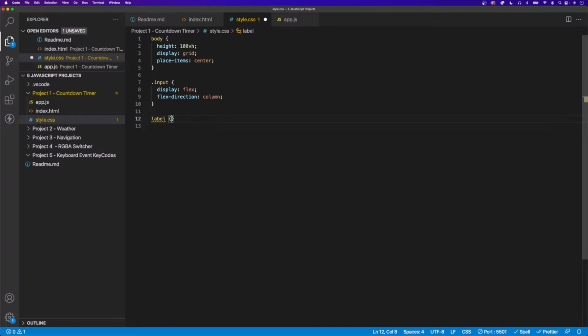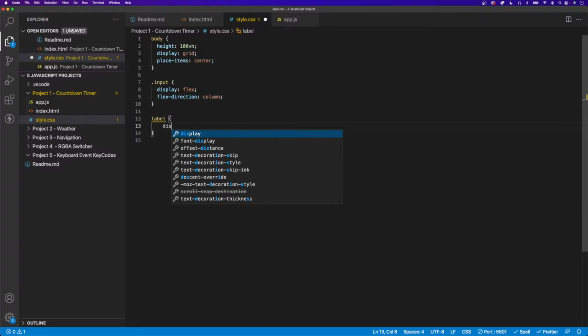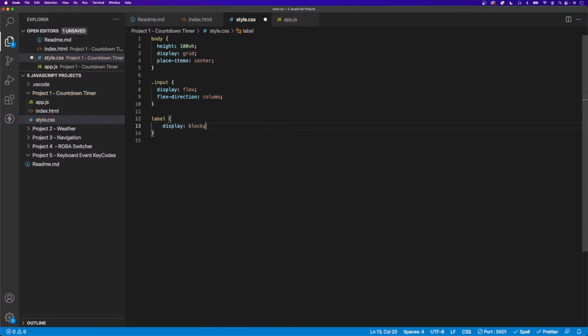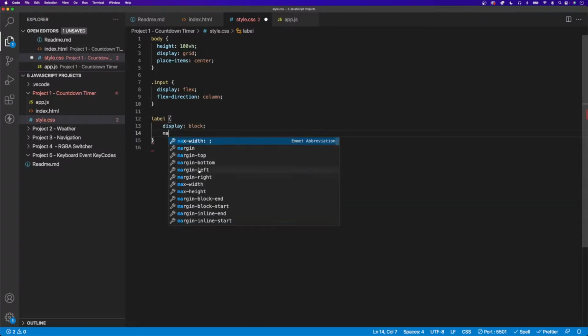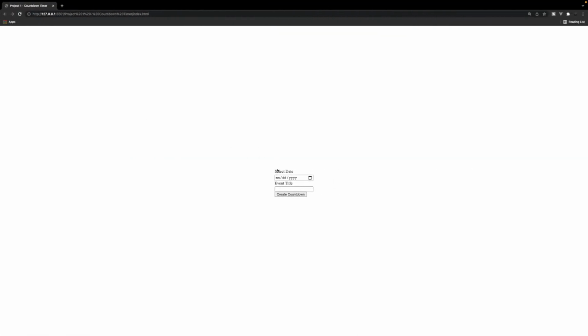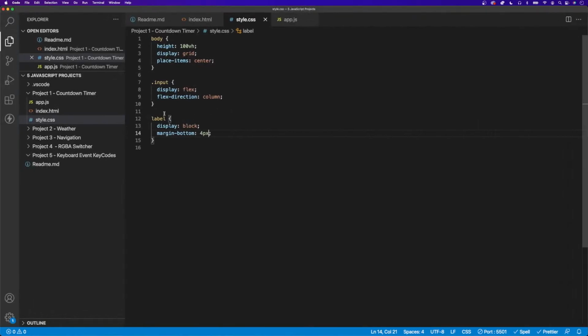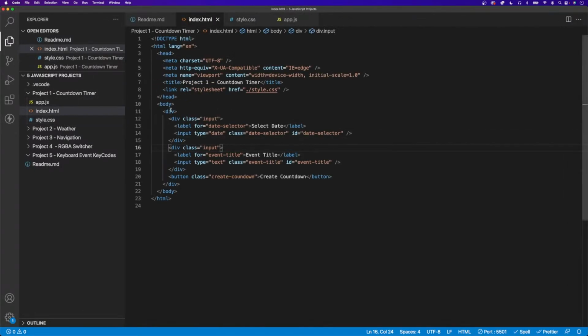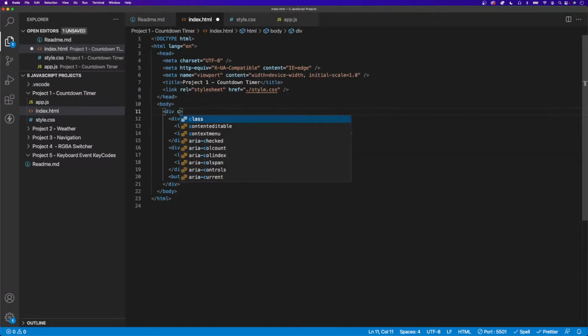So let's see here. For the label, we'll just display this as a block element, and then we'll give it some margin on the bottom to separate it from our input, we'll just do 4 pixels here. That should look good. And then for the actual whole entire thing, we'll just put a class of